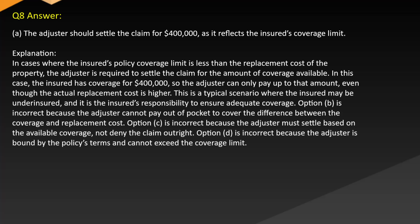Answer A. The adjuster should settle the claim for $400,000 as it reflects the insured's coverage limit. Explanation. In cases where the insured's policy coverage limit is less than the replacement cost of the property, the adjuster is required to settle the claim for the amount of coverage available. In this case, the insured has coverage for $400,000, so the adjuster can only pay up to that amount even though the actual replacement cost is higher. This is a typical scenario where the insured may be underinsured and it is the insured's responsibility to ensure adequate